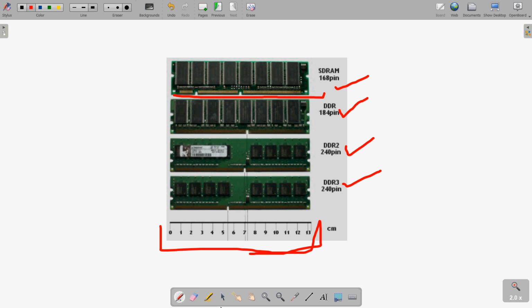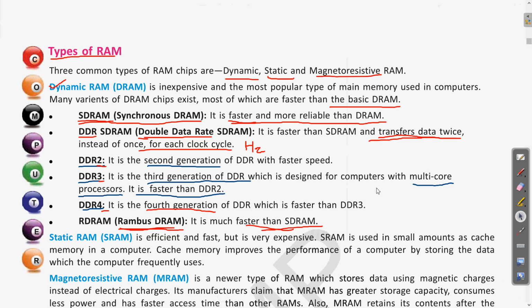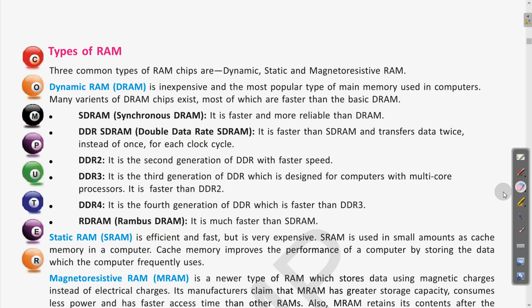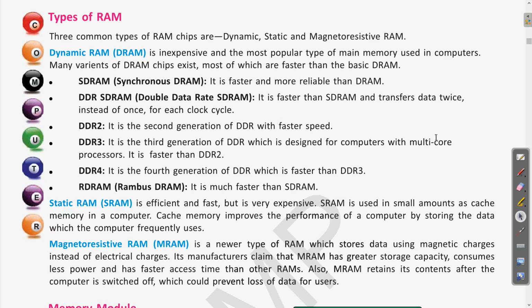Okay, now coming to the textbook. So the next is the static RAM. Till now we were discussing the dynamic RAM. Okay, let us erase the page so that it will be easy to view. Clear? So dynamic RAM was, you can say, the variation of the RAM which was most popular and mostly used, and they were inexpensive. Clear? The next is the static RAM.